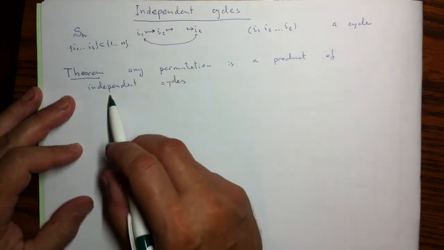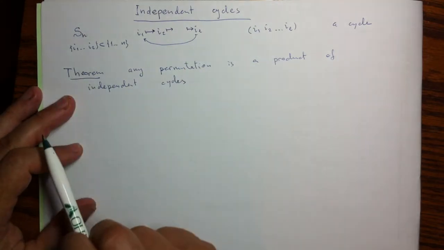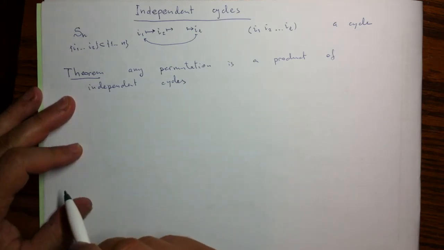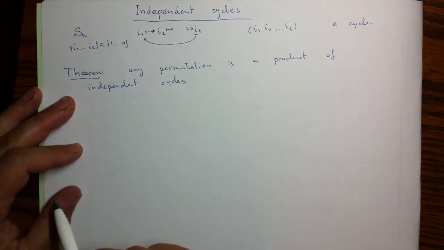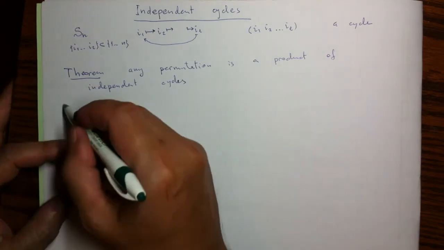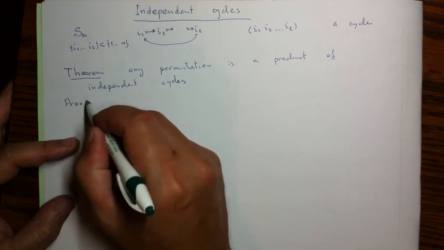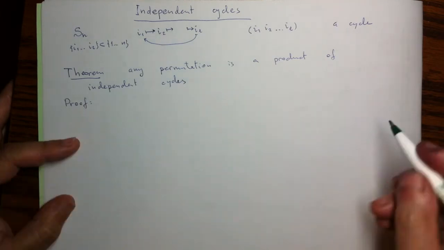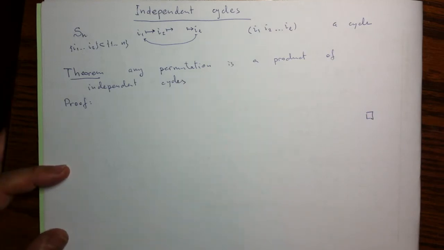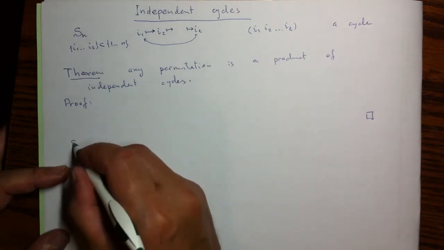So by independent I mean that the sets on which they operate do not intersect, that different cycles in this decomposition do not permute the same elements. And I will leave a space for the proof, and it will be really short, so here will be the end of it. And before giving a scientific proof, an argument, well, an outline for that argument,